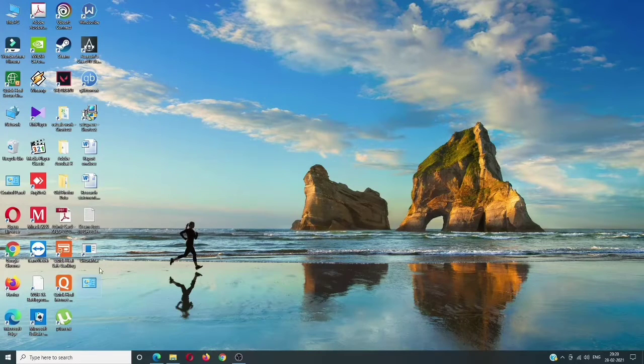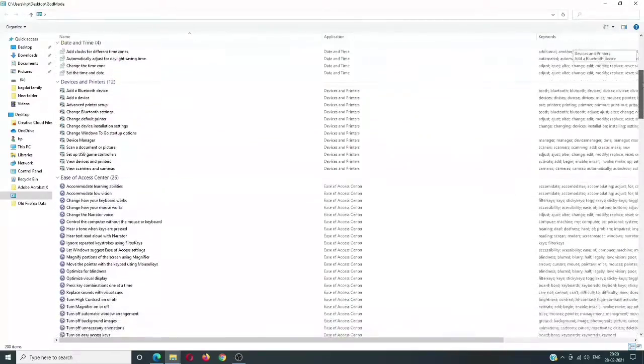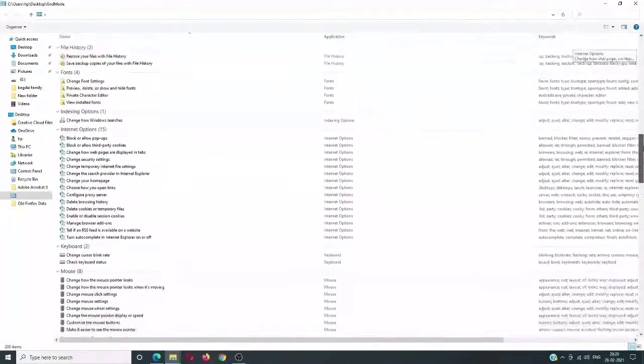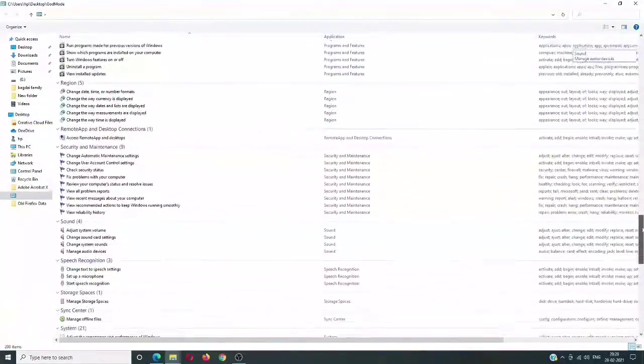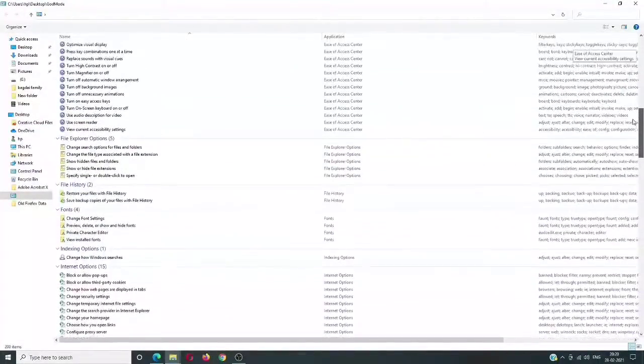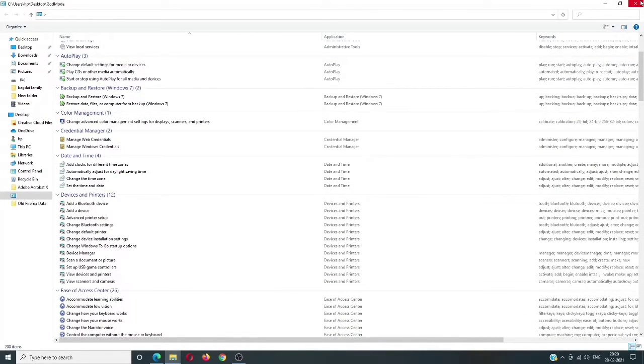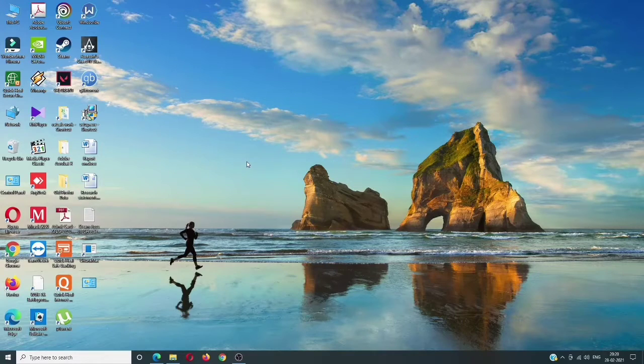After pressing enter, you will see a logo like control panel, and if you open it, you will get the whole customization you can do, the major customization parts in your control panel. Only the important customization parts, or main parts of control panel, are here. You can do customization, you can delete the softwares or whatever you want. You just have to make a folder called God mode. So let's move on to another feature.